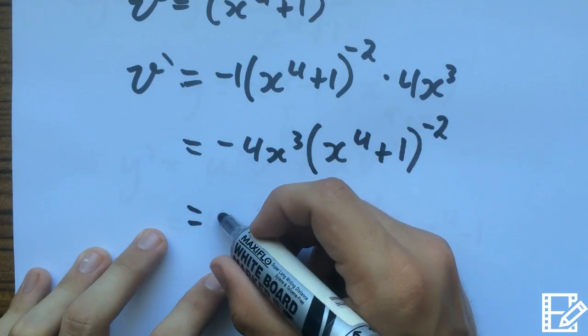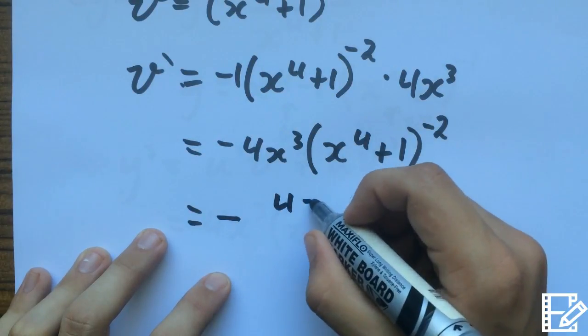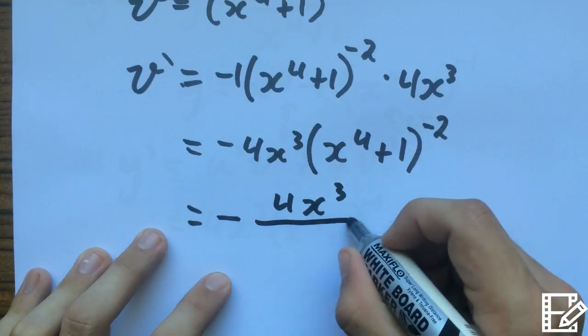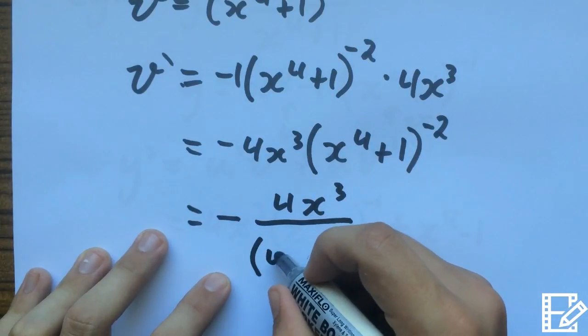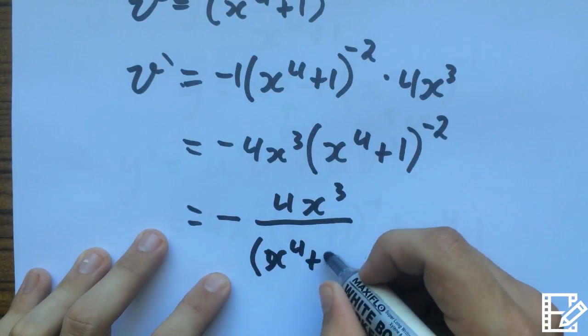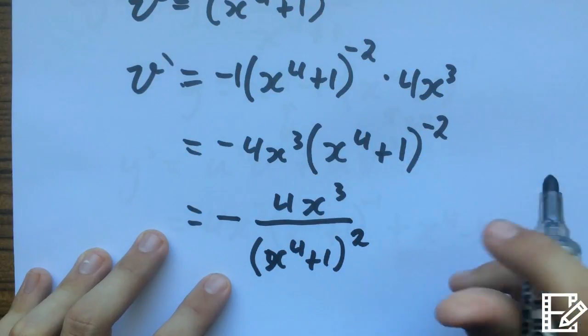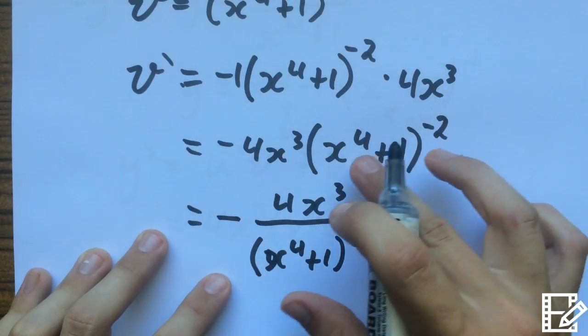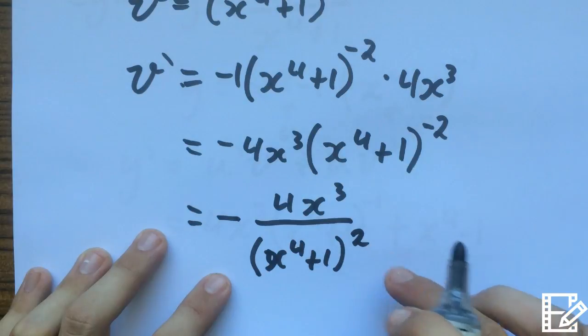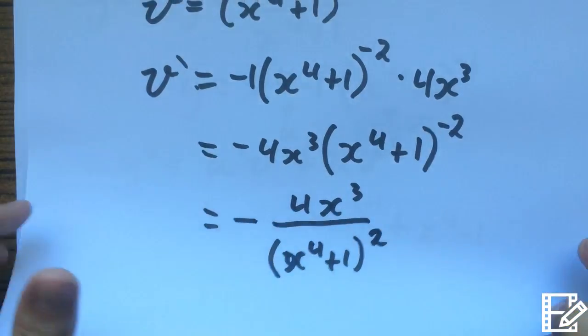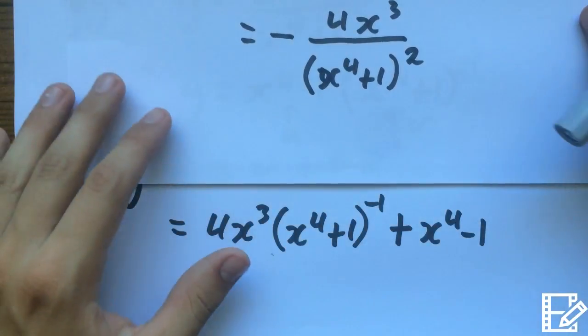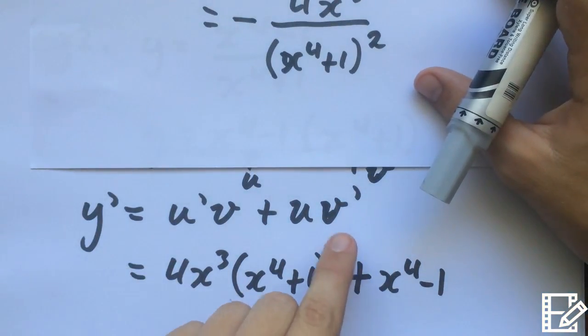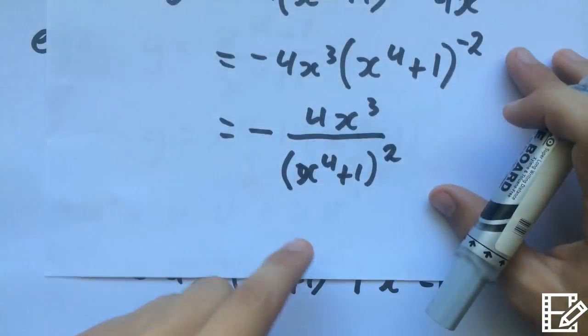So we're going to have negative 4x to the power of 3 over x to the power of 4 plus 1 squared. Because this is to the power of a negative 2, so I'm bringing it down to make the power a positive. Now we have what we need to complete this,